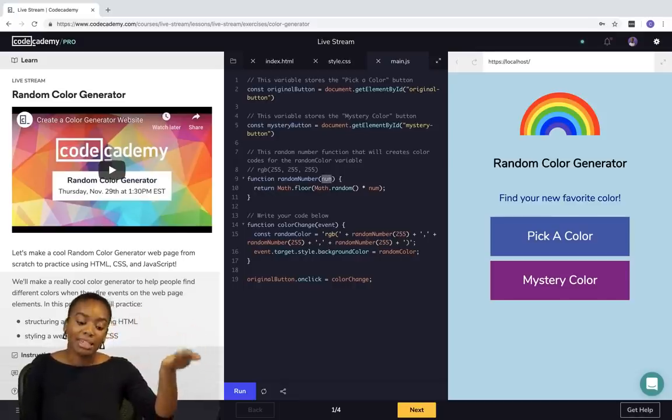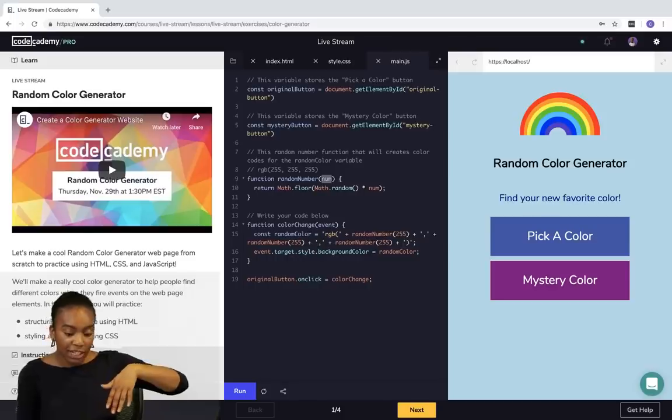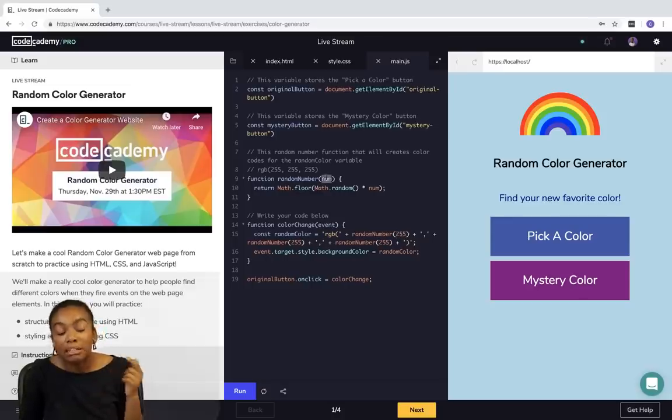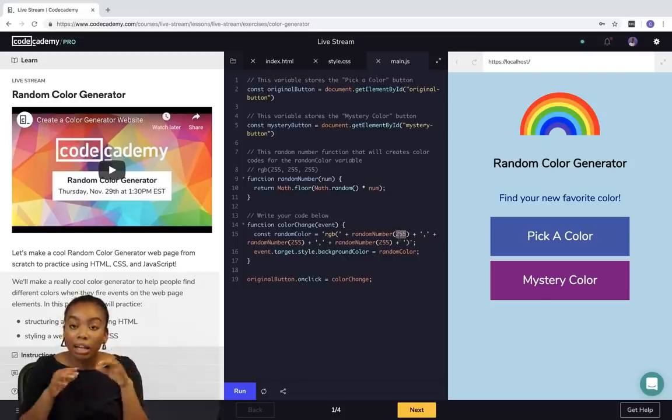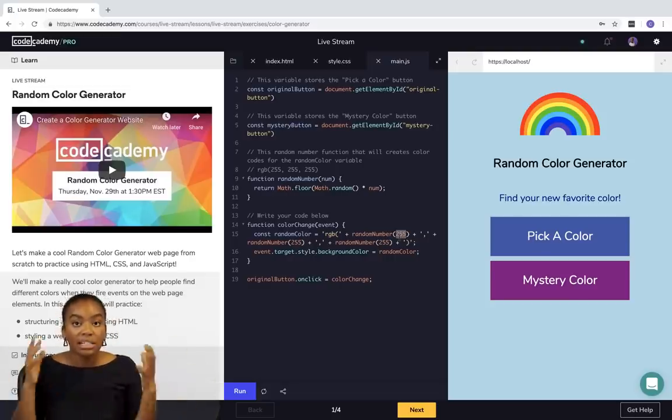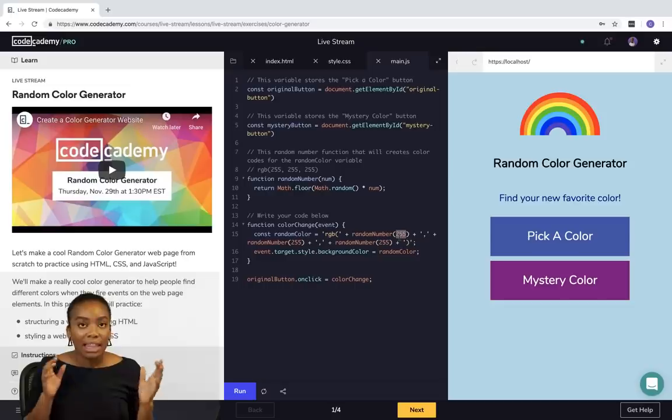And when I come down to my color change function, I have random number with an argument of 255. 255 is now replacing num in the random number function. And 255 is now my limit, and it's what I'm randomly selecting numbers from. So anything between 0 and 255. Some people ask why 255. That is a more complicated thing, but that is because